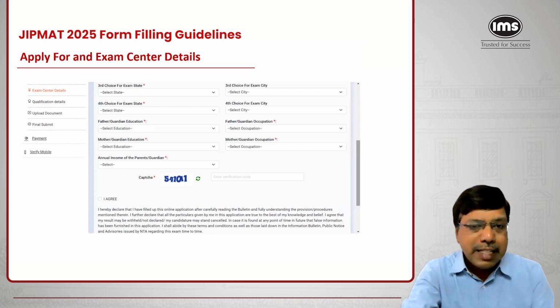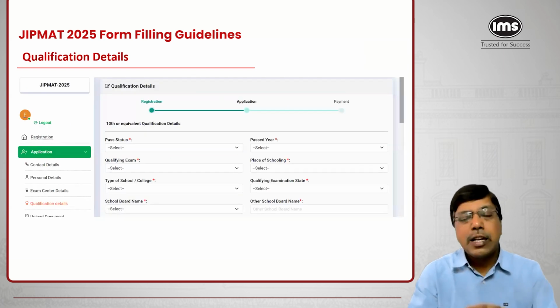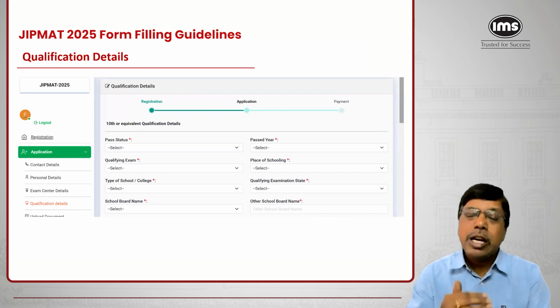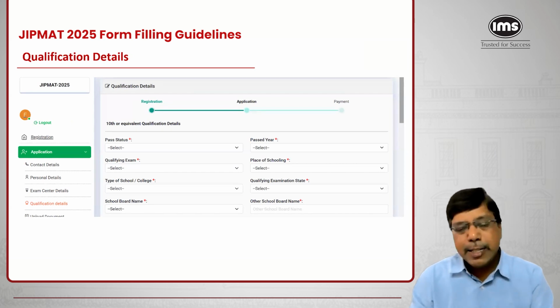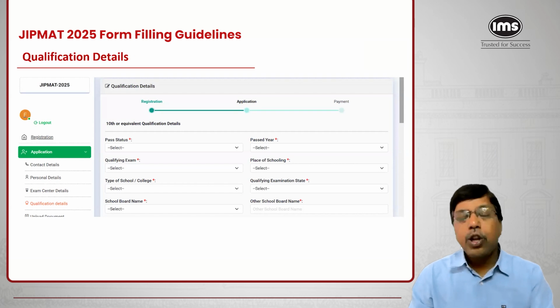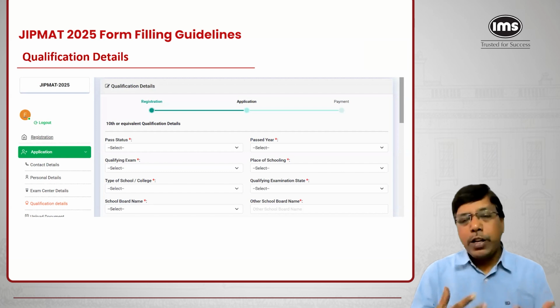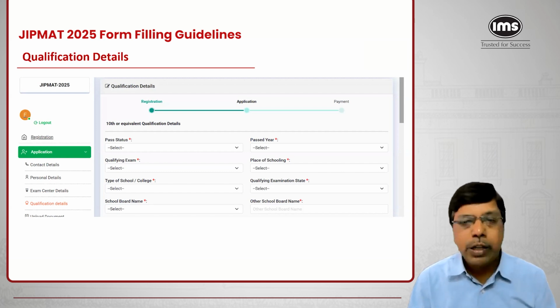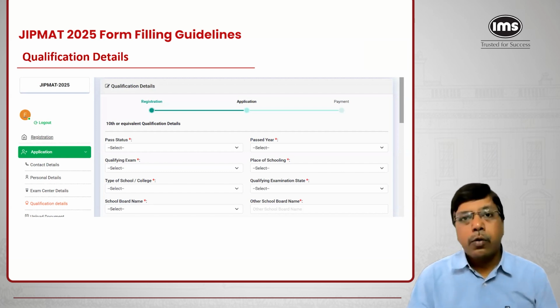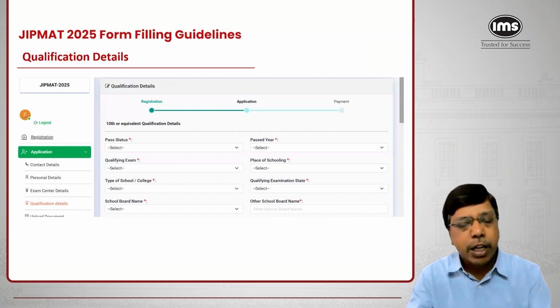Click on Save and Next. Now, this saves the application page till the exam center details. Now, the next part is qualification details, where you will have to enter the information of your 10th and 12th. Now, when you look at the 10th class details, one, whether you have passed or not, which year you have